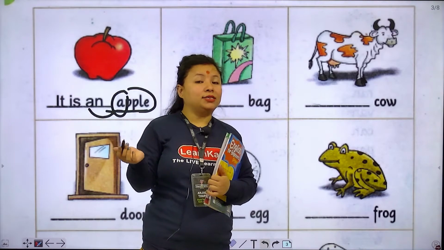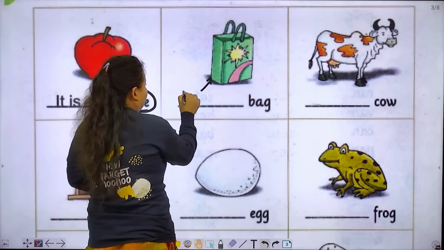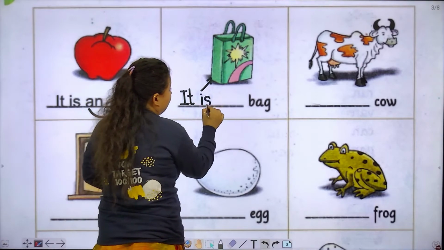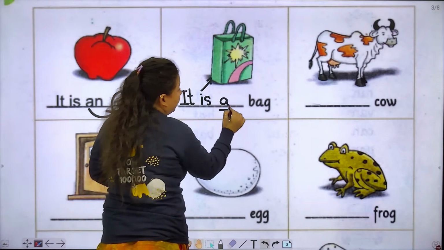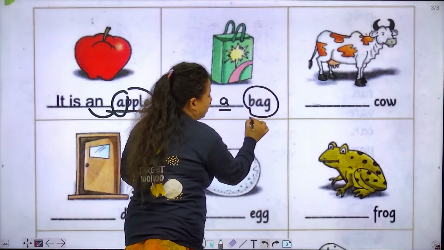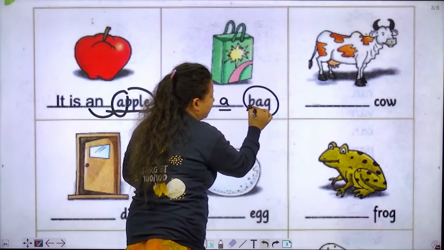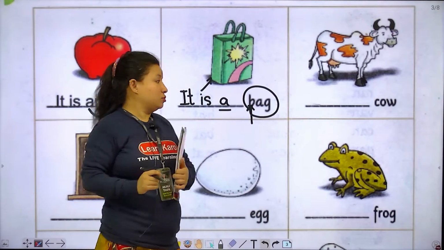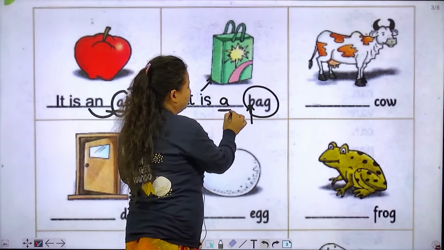No. It is a bag. So, we have to write it is a bag. Why should we write a? Because bag starts with the letter B, and B is a consonant. That's why we should write a.